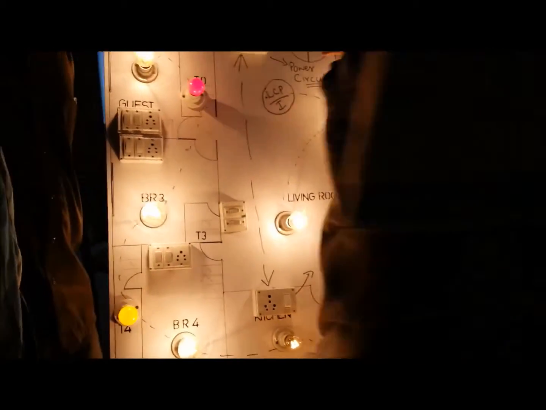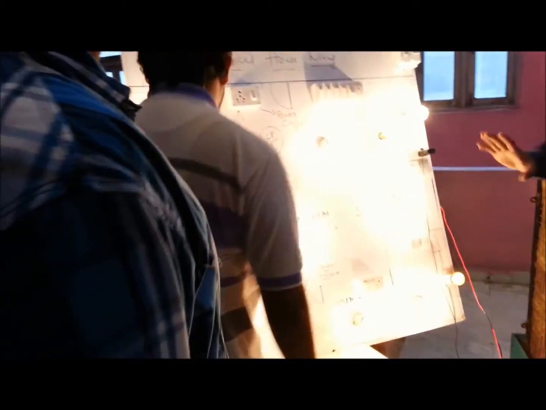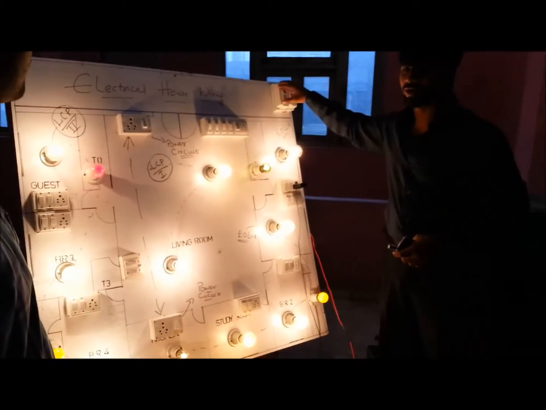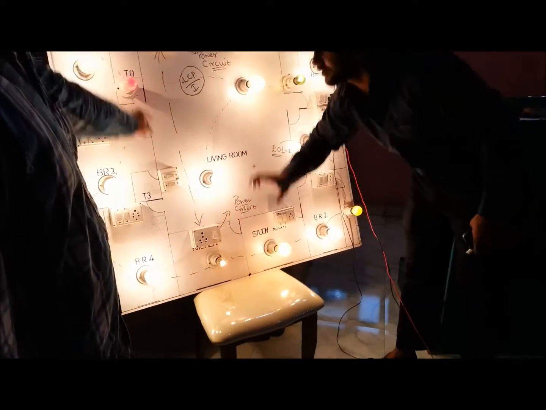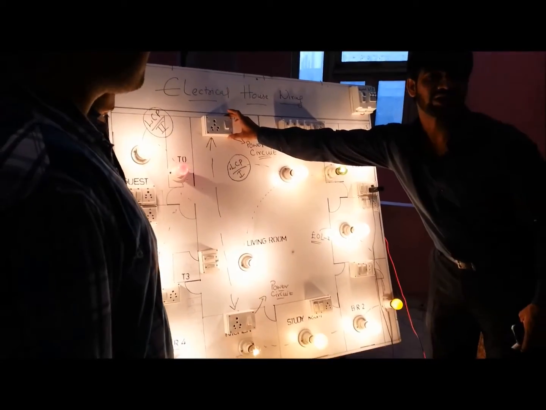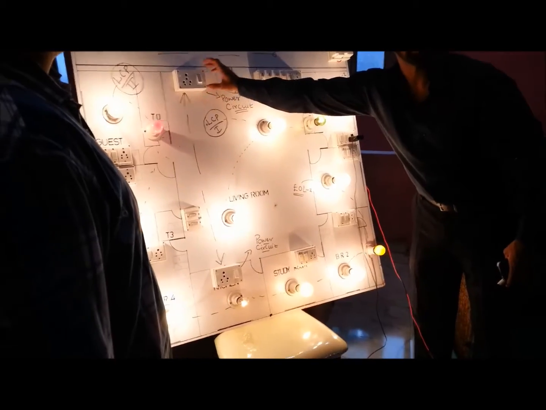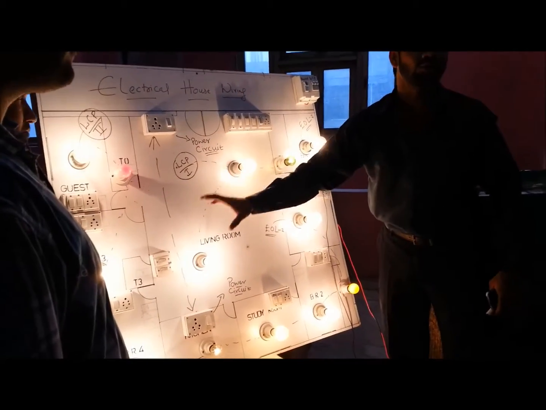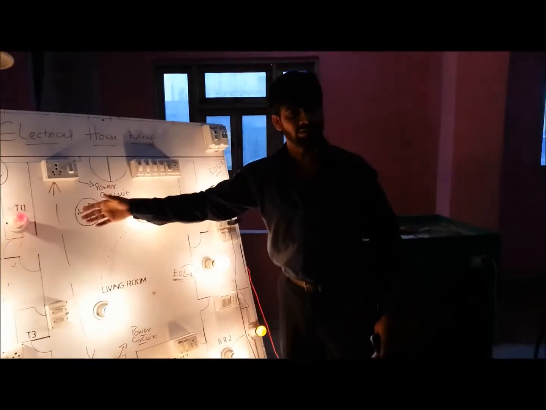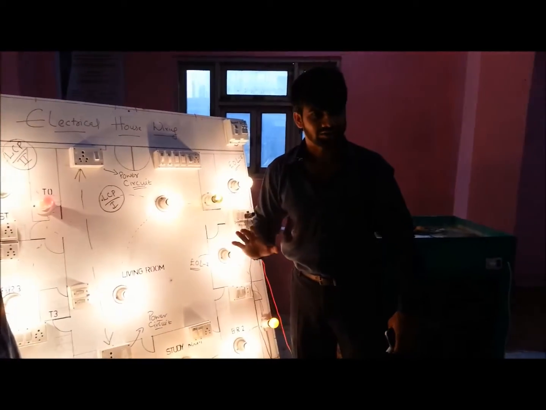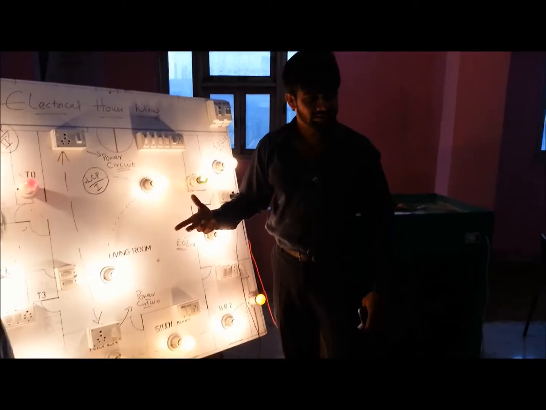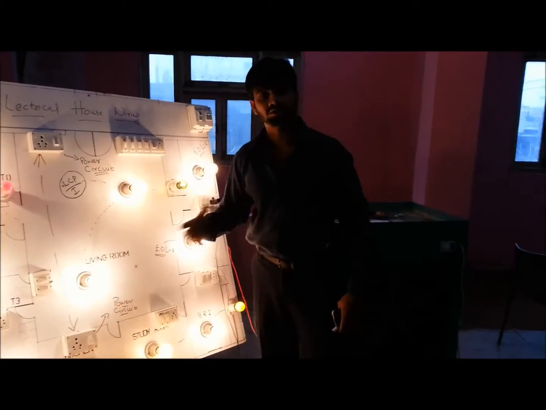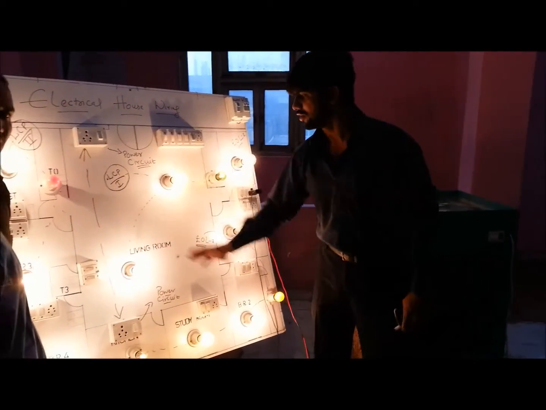Okay, fine. Understood. Next, we will go for power circuits. These two are the power circuits. 15 amp socket, 15 amp socket. Let's check out if it is working or not. We have to give a separate circuit for power. We will find power circuits in the kitchen and toilets, for geyser, for AC, for washing machine, for water heaters. We will go for a power circuit.